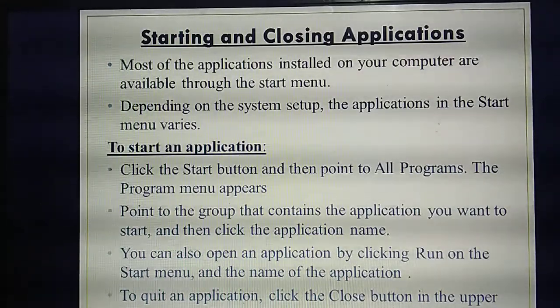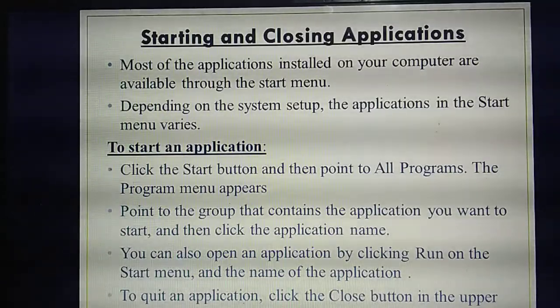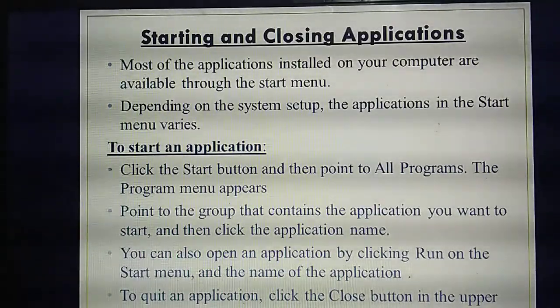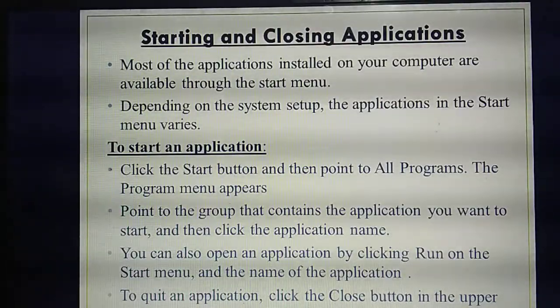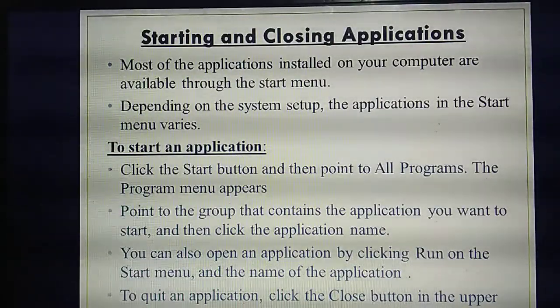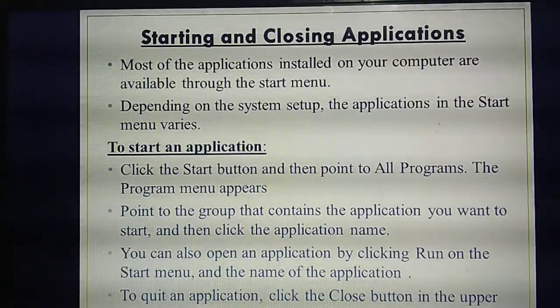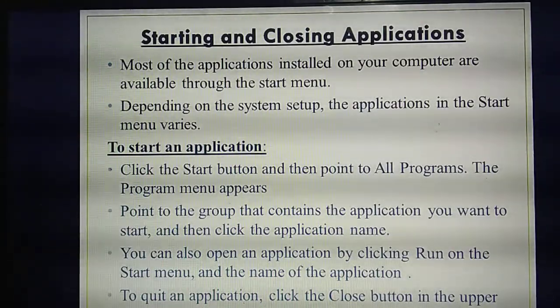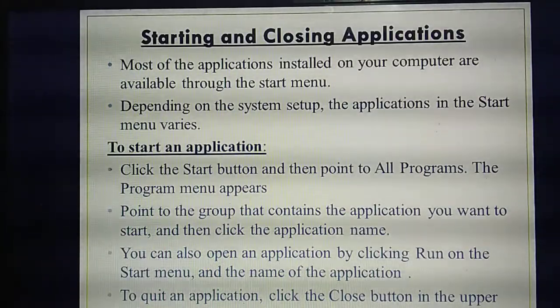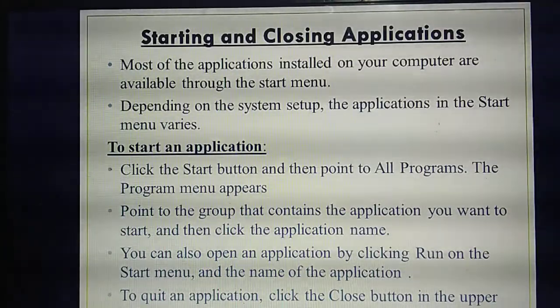Okay. So how do you need to open that application? First you need to click the start menu. To open the application, first where do you need to click? The start menu. So where will the start menu be?